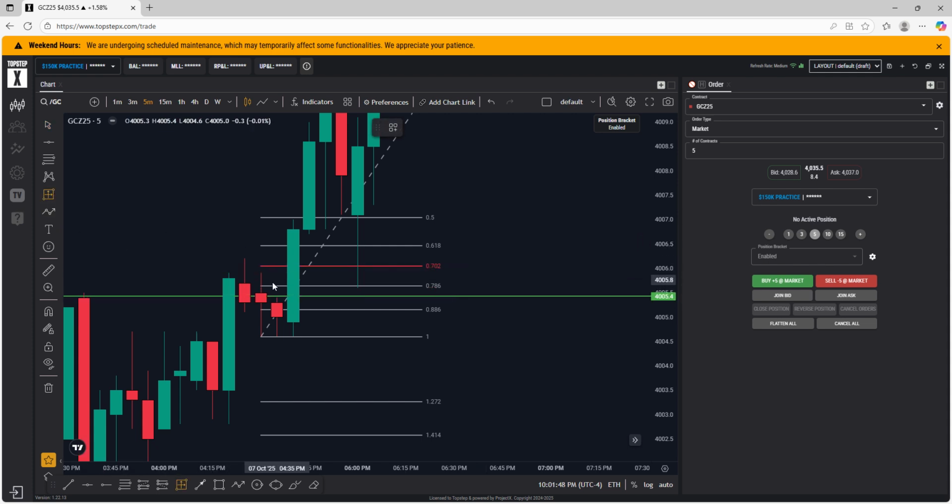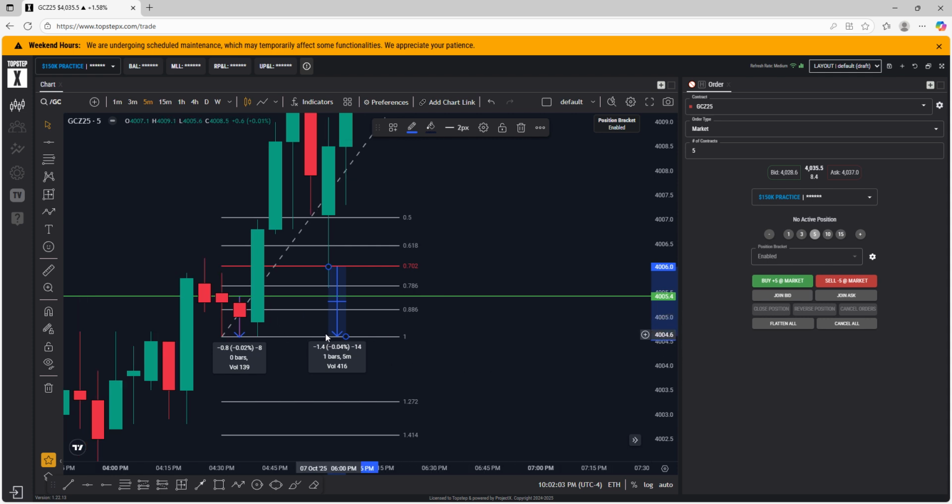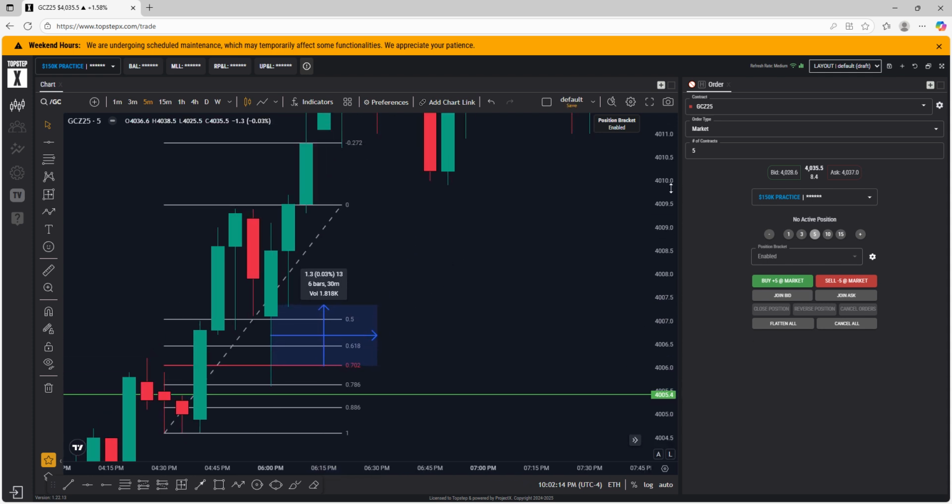Just the difference between entering right here and entering right here is how much you're risking. So in this scenario, you'd be risking $80. In this scenario, you'd be risking $140. Now, that ain't nothing. That is nothing in the trading world. You just want to always make sure you're understanding your risk. But you're risking $140 to make